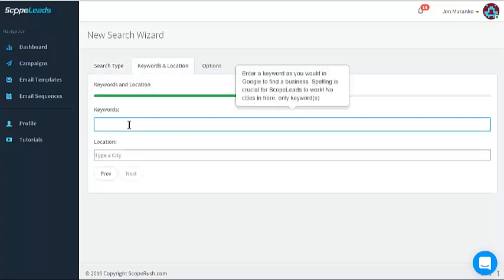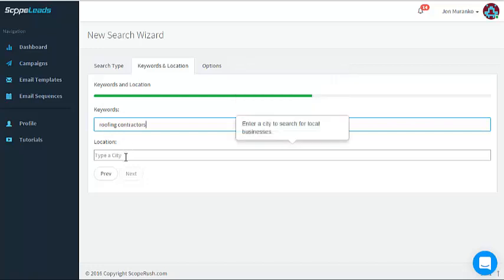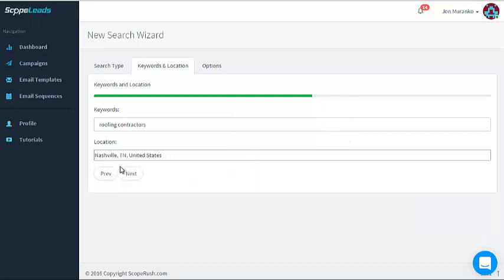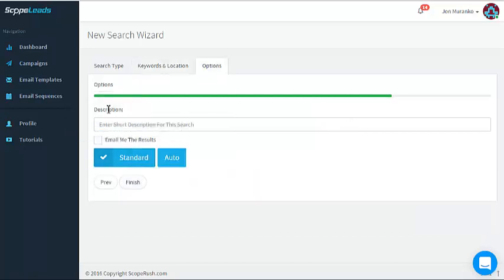We're gonna go after roofers. That's the roofing industry. So we're gonna do roofing contractors, and we're gonna choose a city. So let's just go after Nashville, Tennessee. You can see the drop-down menu there. We're gonna hit next. Now you can enter the short description if you like here, and then you can email